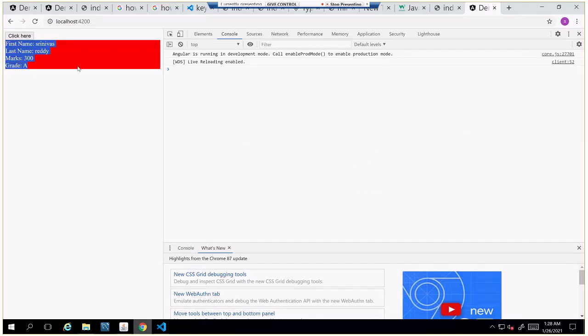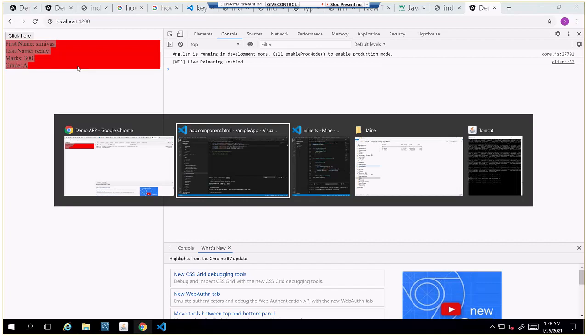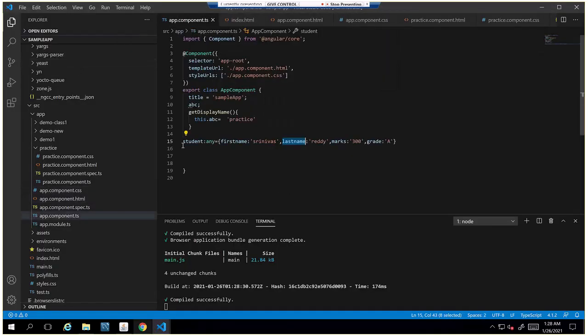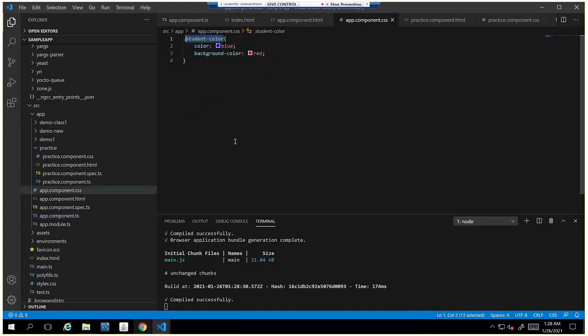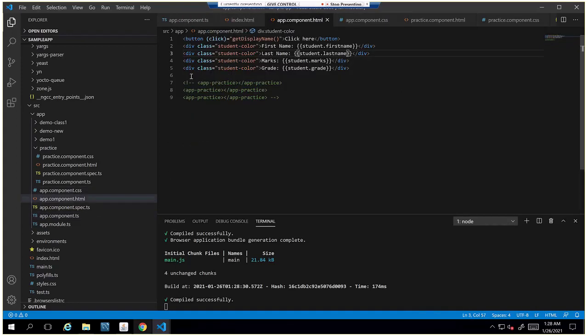So in real-time scenarios, whatever I created in the student object will come from the server using REST APIs. Similarly it will come. We use the object in the HTML file, either rendering it in table format or directly showing a name in a single line, like what is the result of this student.